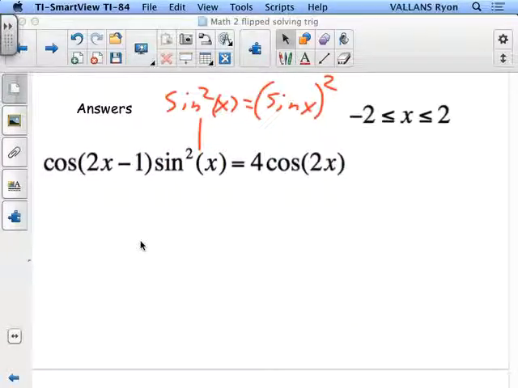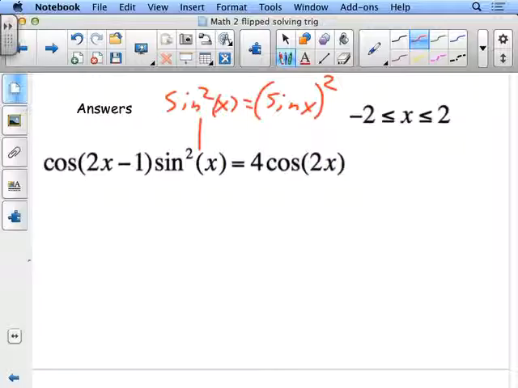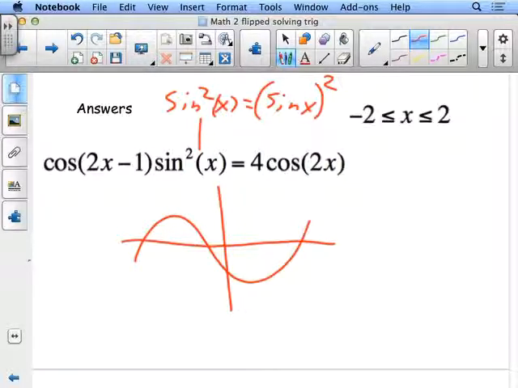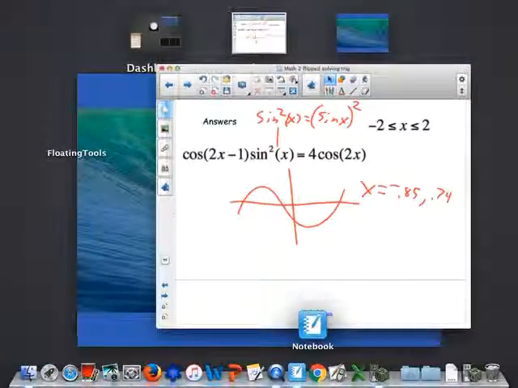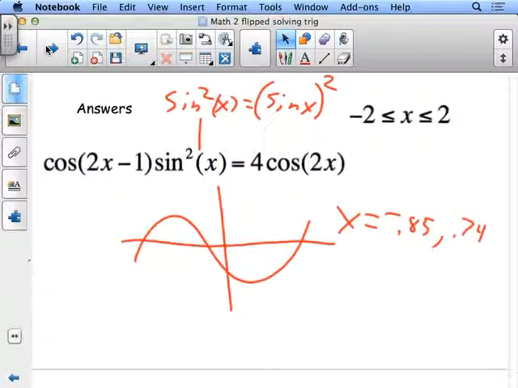So my graph, which roughly looked like this with another one coming across. I think I messed this up. Oh well. Ends up equaling x equaling negative 0.85 and 0.74. Okay, so you can use this as a review. Hopefully you guys were figuring this out, and I will see you guys